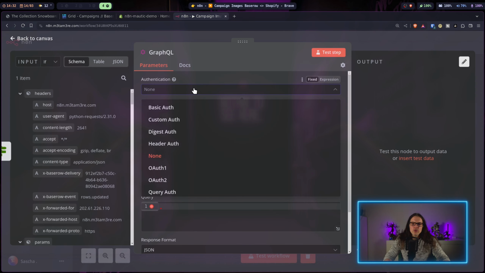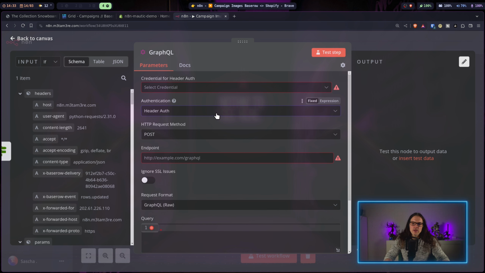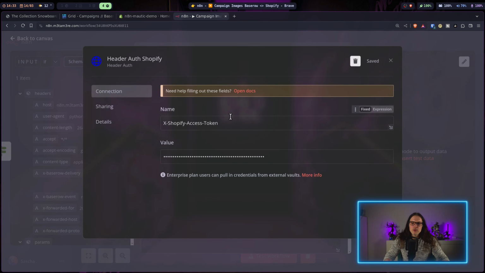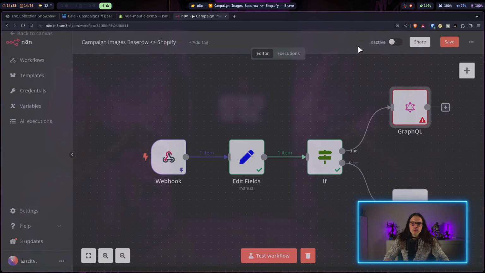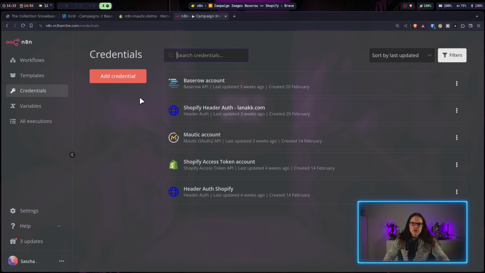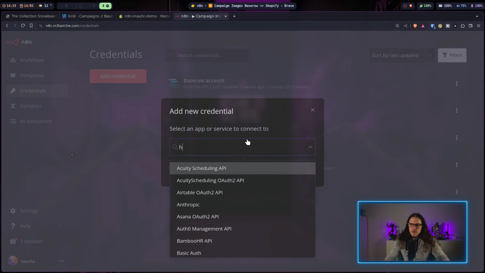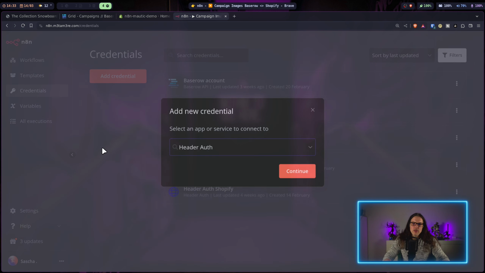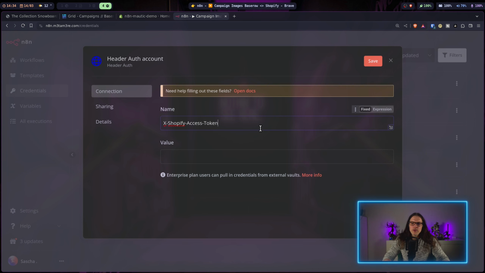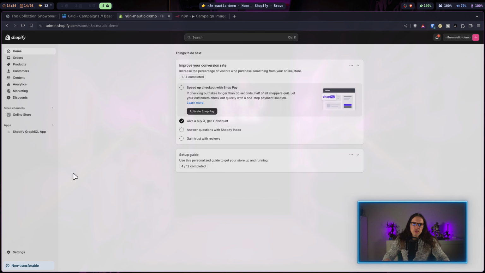And in order to use this node, we need to set up authentication for Shopify. So in this case, we take a header authentication. And here I have already saved my credentials, but I will just quickly show you how to set this up. So what we'll do now is we save this workflow and we go for credentials and go add credentials. And here we say just header auth, continue. For the name, we just need the X Shopify access token, and I will just quickly show you how to